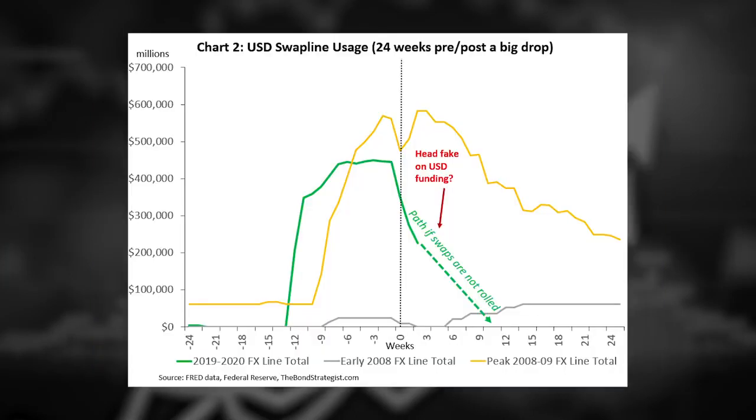So that's the point of this chart. They're like, it could be just a head fake. Maybe what you're saying is maybe we shouldn't be comparing the green line and the yellow line. Maybe we should be comparing the gray line and the green line. Correct. Because the gray line was so much smaller and scaled to a smaller economy back then, and it felt like it was a temporary dollar need and went away, and then a few months later, it came back